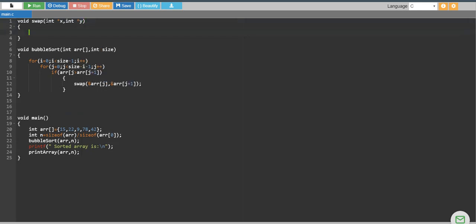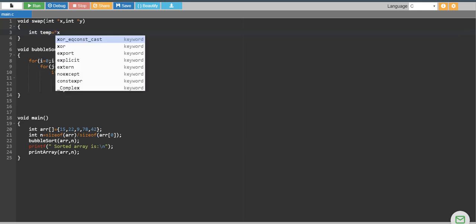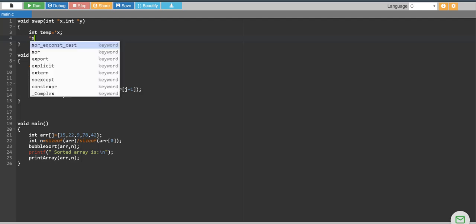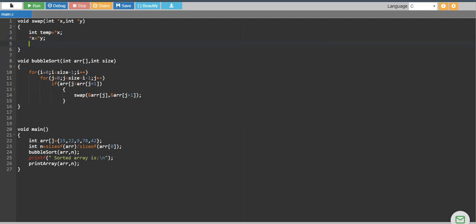Okay, inside this swap function I am going to declare this temp variable just to hold the value of x. And finally y equals temp, in short x. Okay, so now we are done with our swap function too.